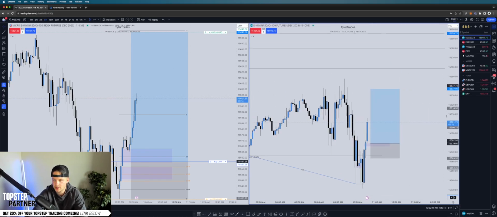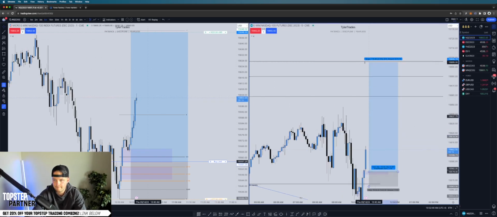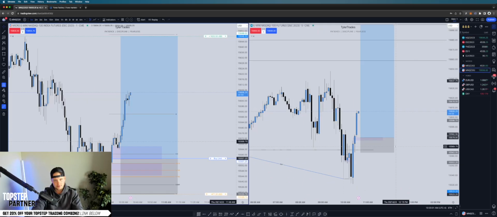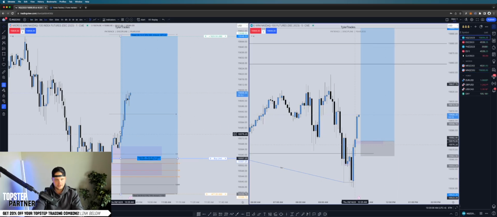So that's what that entry would look like. Not running into any bearish gaps up here. Took a trade in that FVG, so one good trade and one okay. Yeah, nice move so far, bro.